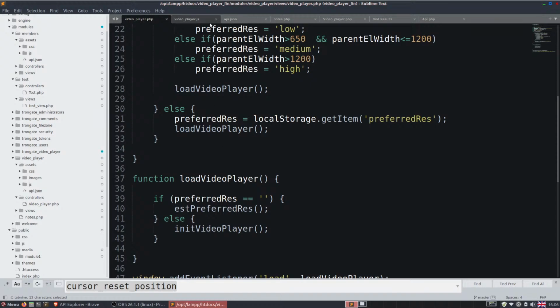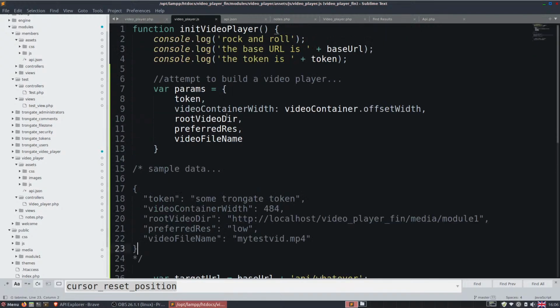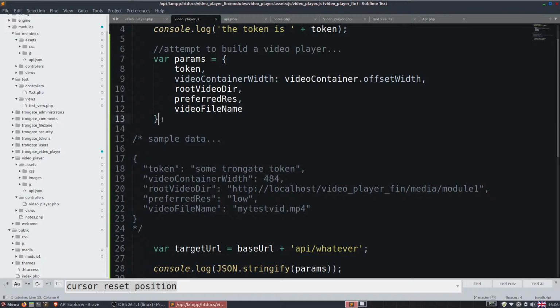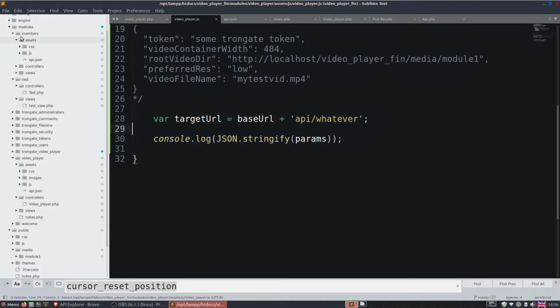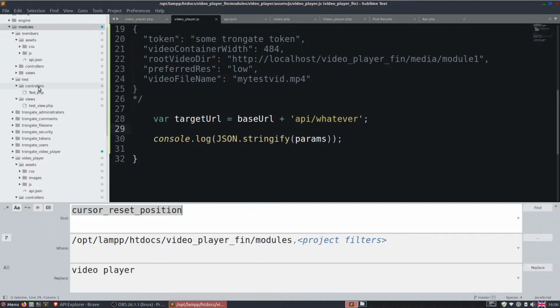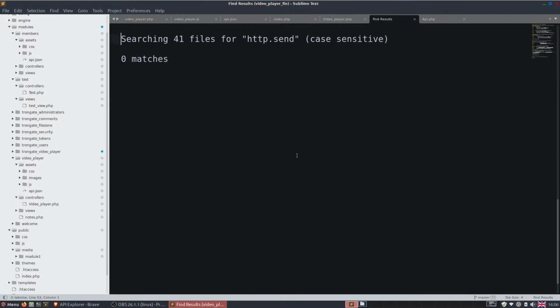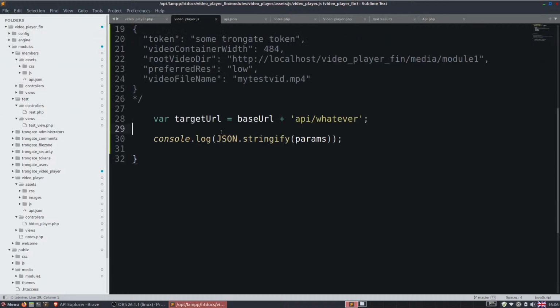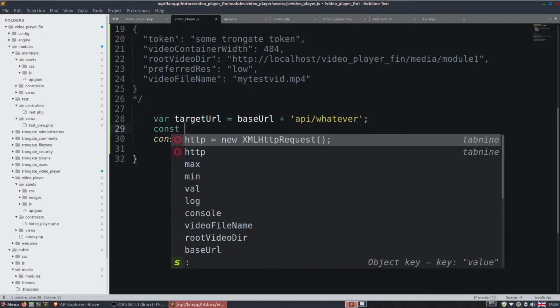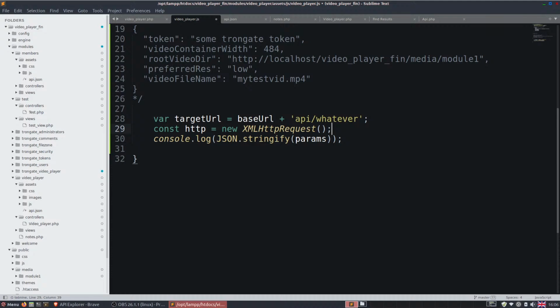on this here, what we're going to do is we're going to post this data across to the target URL. So let me do a little search for http.send. Geez, I'm going to need to remember something. Alright, so let's try this. Const that, and then